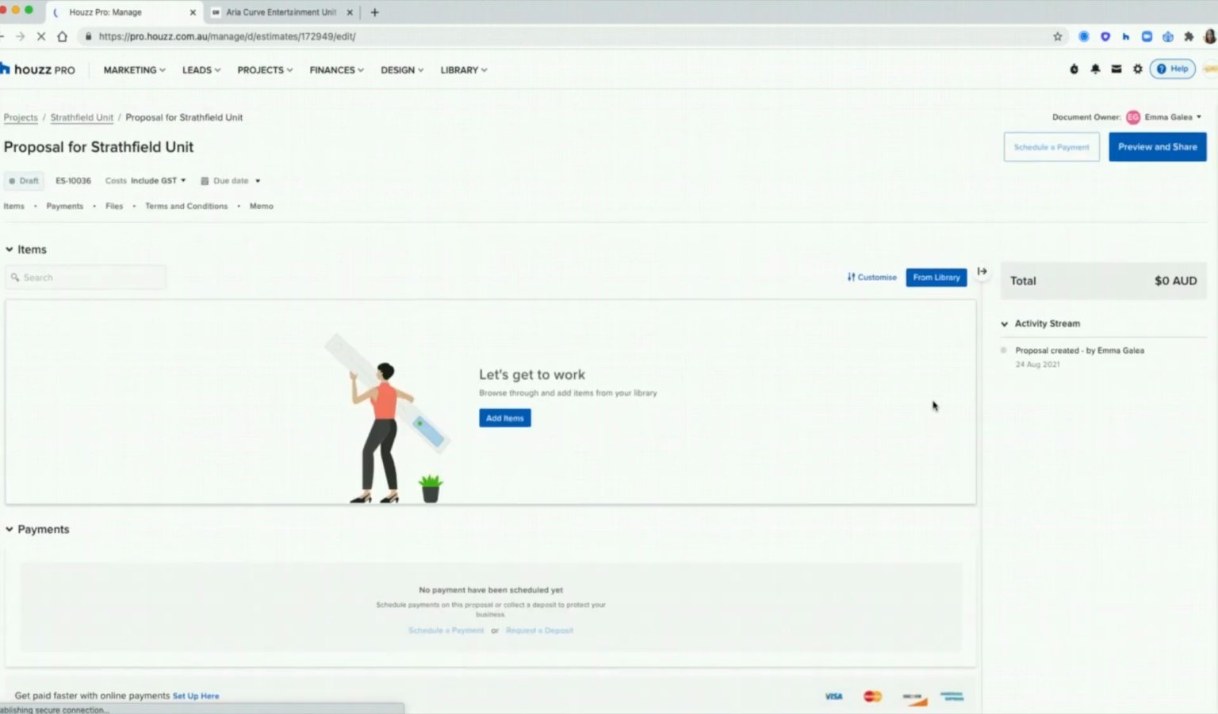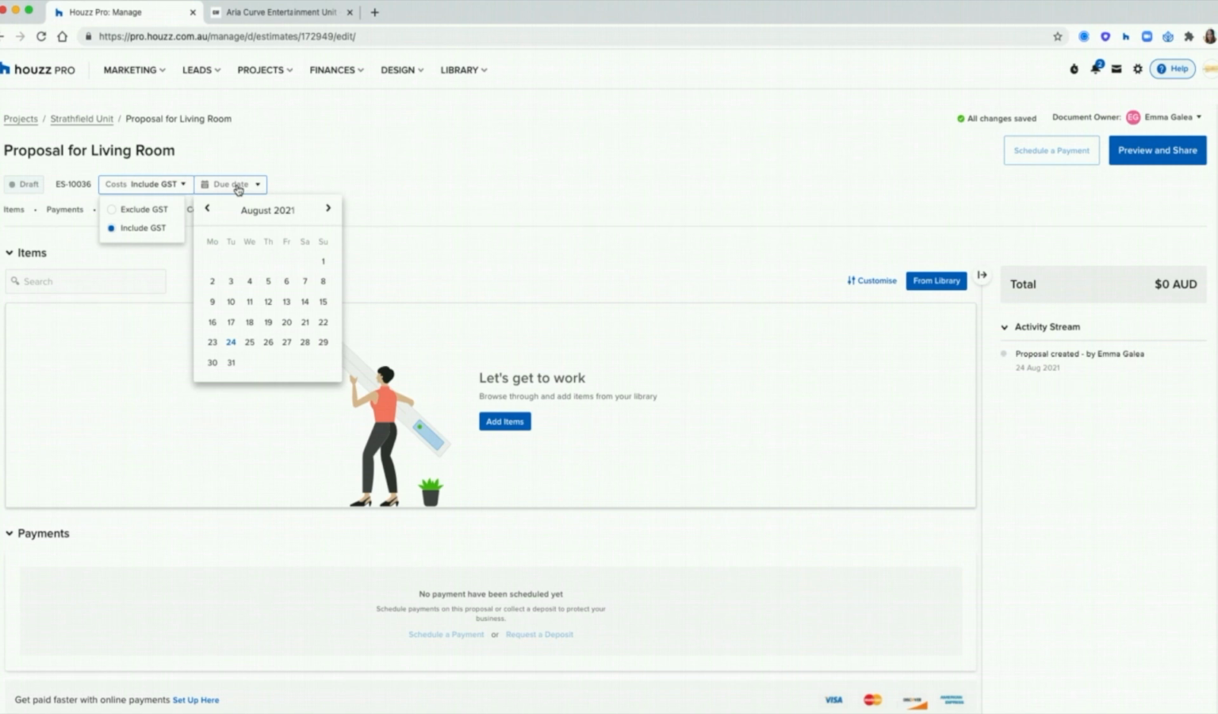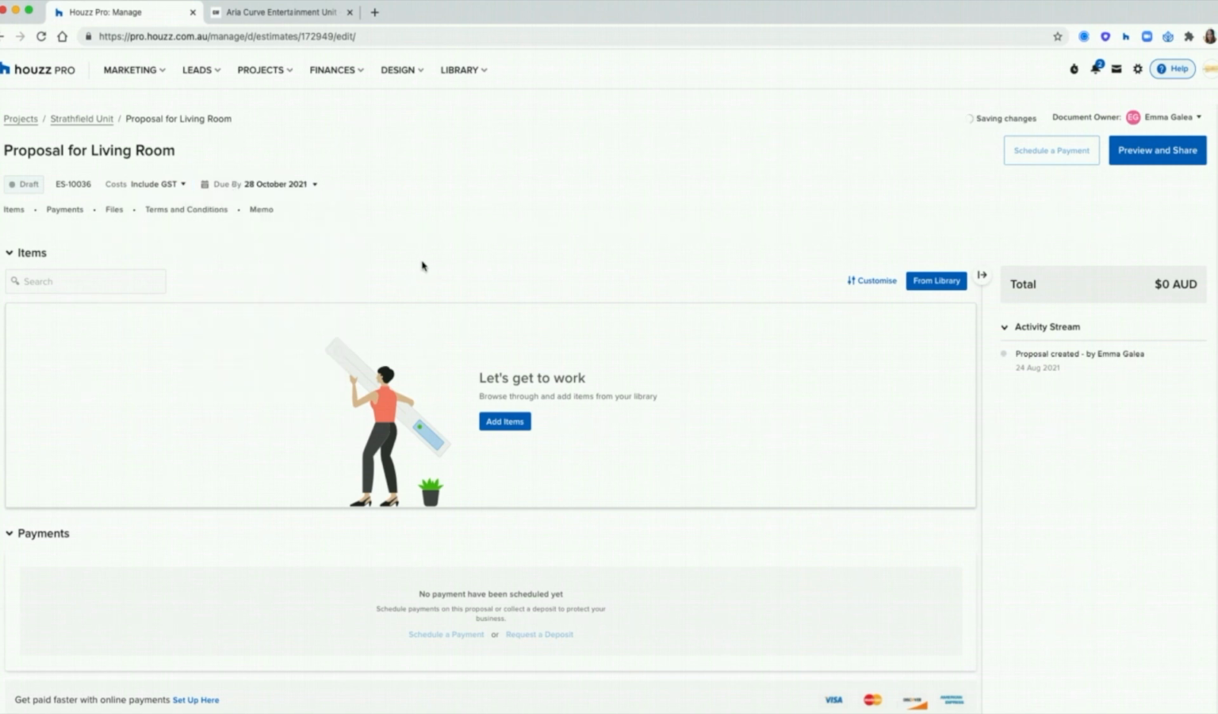Awesome. So now that we've got our document created, first thing I might want to do is give it a new title. So maybe I want to say proposal for living room. Here I can give my costs by default, inclusive or exclusive. I've got my due date for this document to be paid or approved,